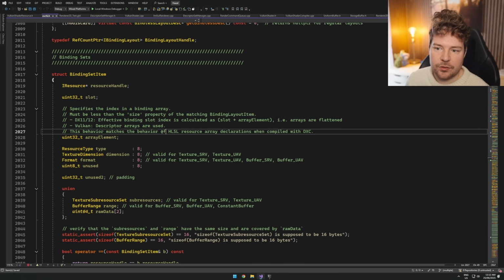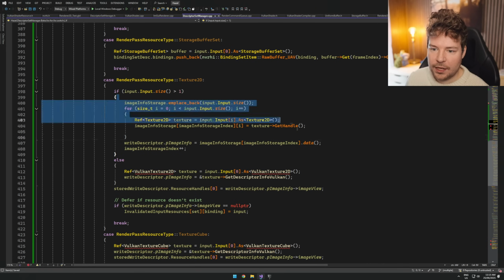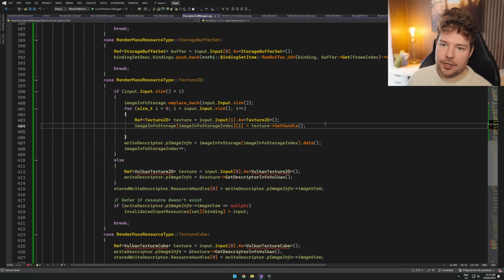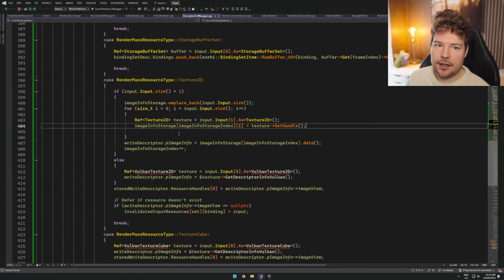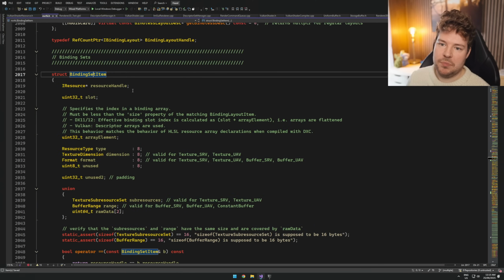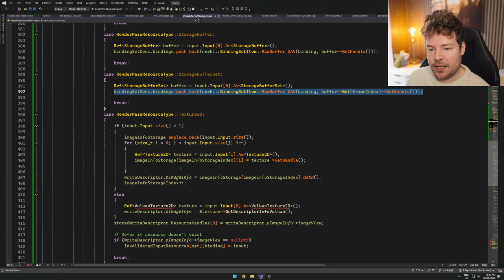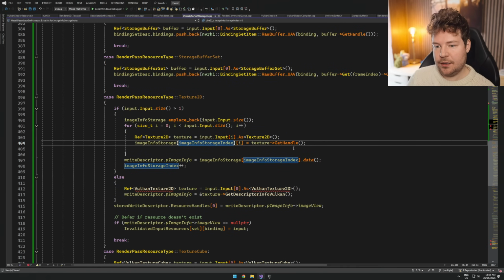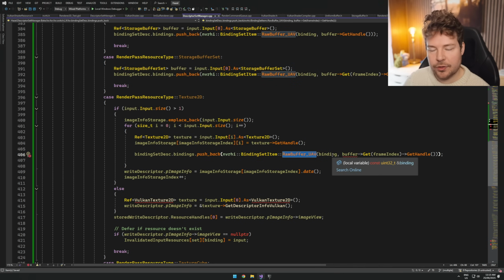So you have to size property of the binding layout item. I guess it still wants individual ones, which would kind of mean, or does it? You just have a separate binding set item for each of them, I guess. Interesting. I think I got that right. So that would actually mean that instead of basically doing this, you can just do bindings push back. And then we would do a